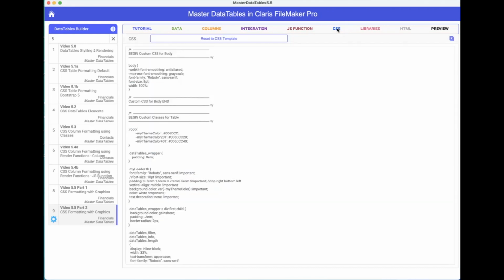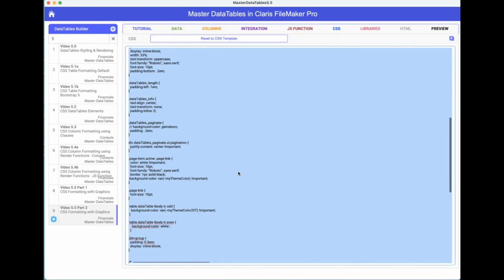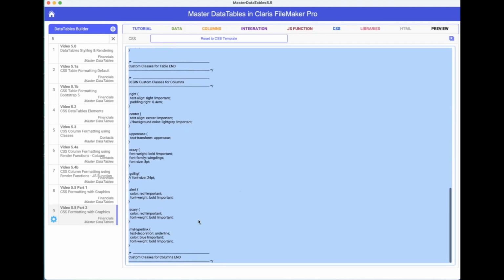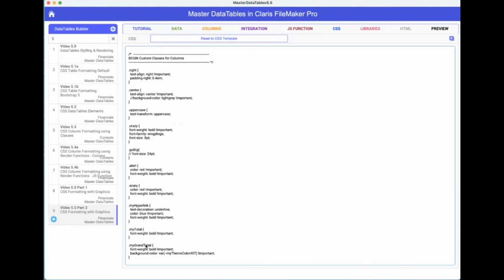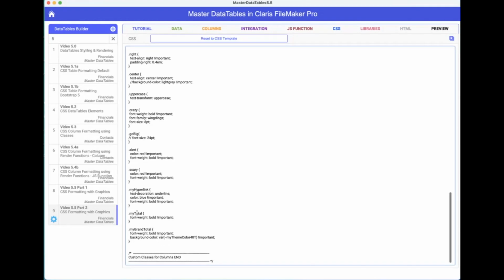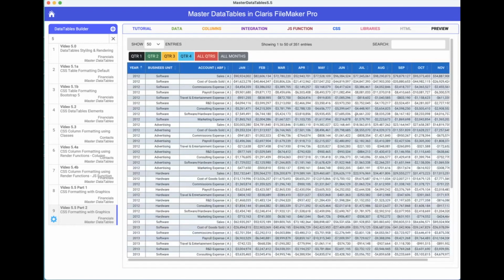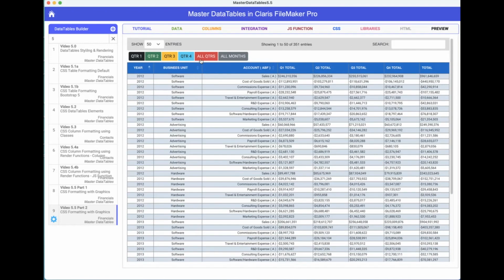So go into CSS. Let's head all the way to the bottom. And since this is a column, like we're stylizing a column, let's put it in this section. And I created 2 ones called My Total, which is basically changing the font. And then My Grand Total, where we're changing the font to bold, and we're adding our transparency variable color to the end. Let's go see what that looks like. And if I hit all quarters again,